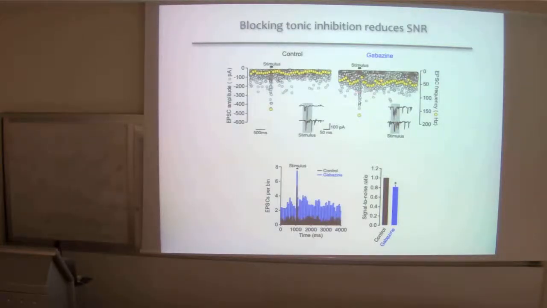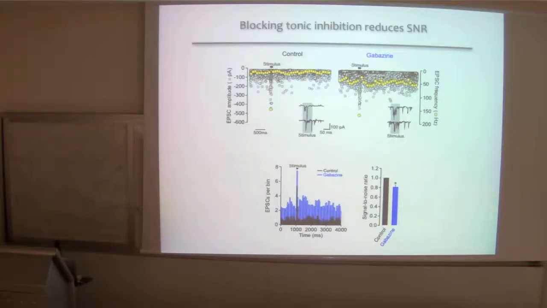So we do that, so this is recording from molecular layer interneurons. We're in voltage clamp, so each of these little circles are EPSCs, excitatory postsynaptic currents, which is a release event from the parallel fiber. We get a nice level of background spontaneous parallel fiber input to these interneurons, then we give our sensory stimulus, we get a nice burst of EPSCs in the interneurons. Then we topically apply gabazine, which comes down into the granule cell layer and will block GABA receptors present on the